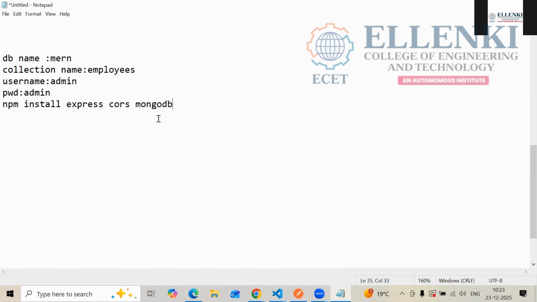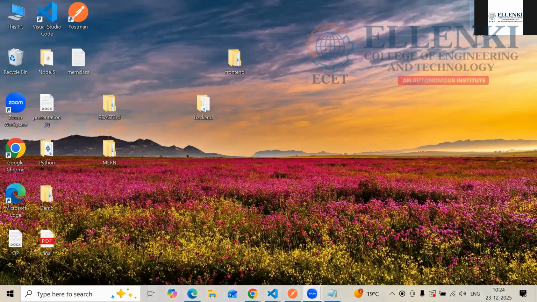If you click on the clusters, it will show the cluster. At the bottom we have the Connect option. If you click on Connect, it will show an internal page. In that, the third option is the driver view. If you click on that icon, moving from this side to this side, it will show the code also. You have to copy that code and paste it in your Visual Studio Code. I am showing it now. I already copied that code.